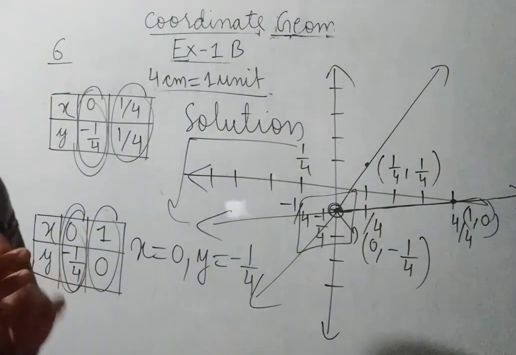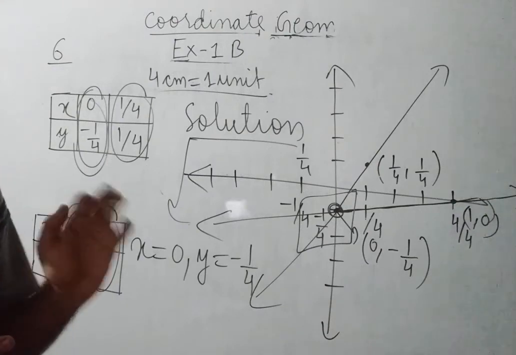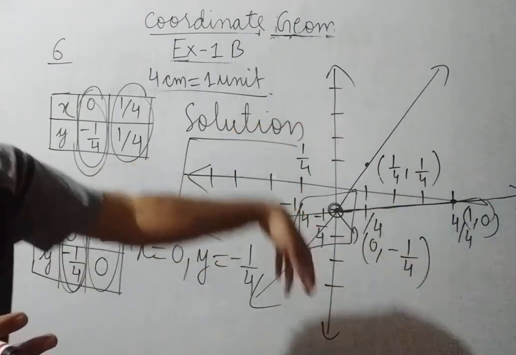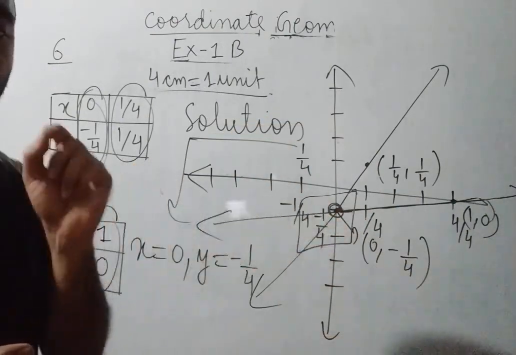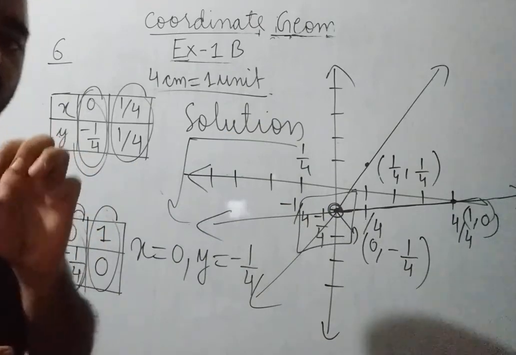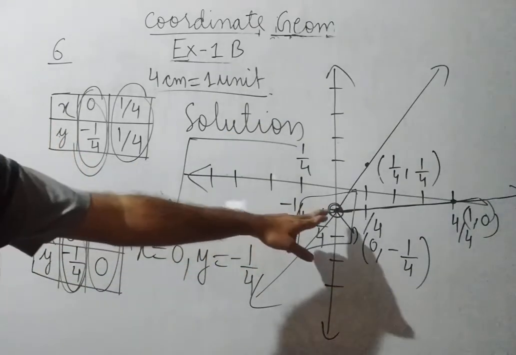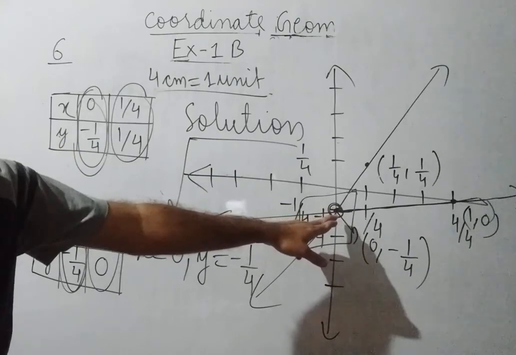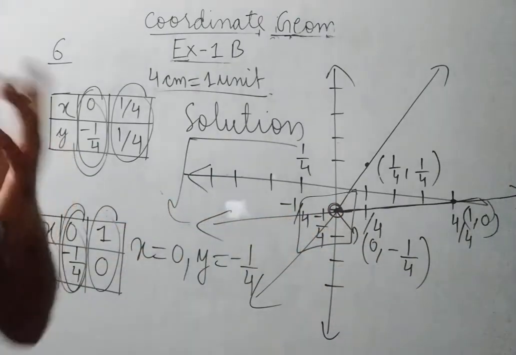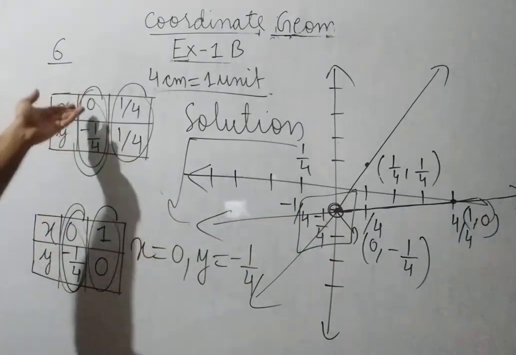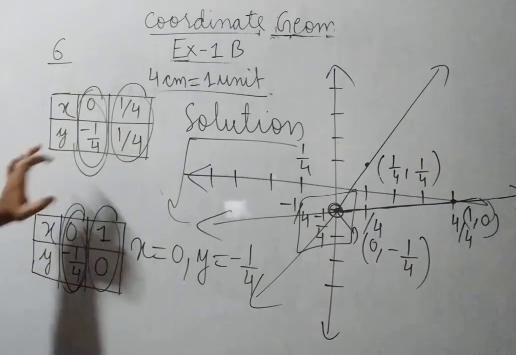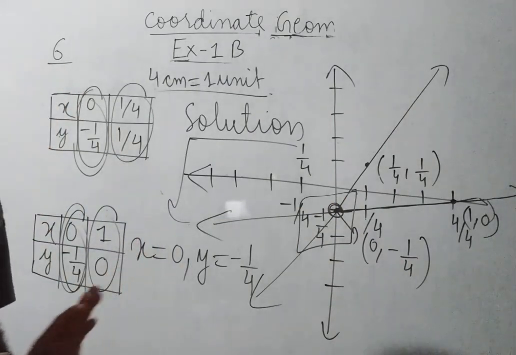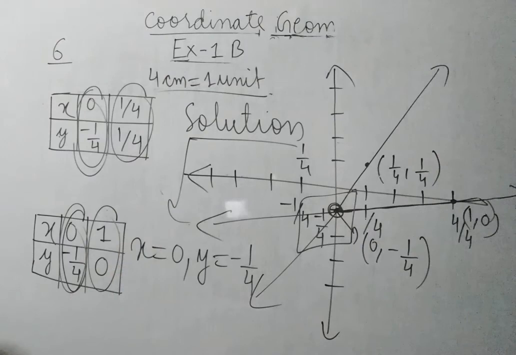Correct? How to plot the equation? If you plot correctly on the graph, both the lines will intersect at one point, that is the solution. And how to obtain the coordinates? From the point of intersection, draw perpendiculars on both axes. Sometimes in the table only you will find the common values, that is the solution. Correct? So this is your chapter, plotting.